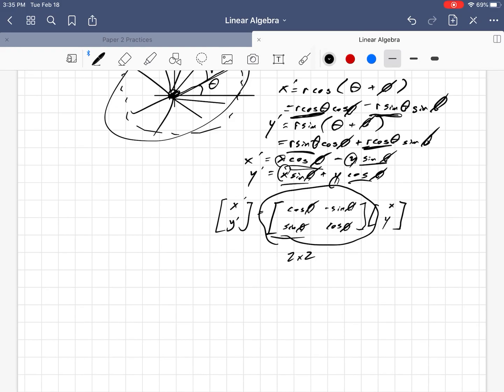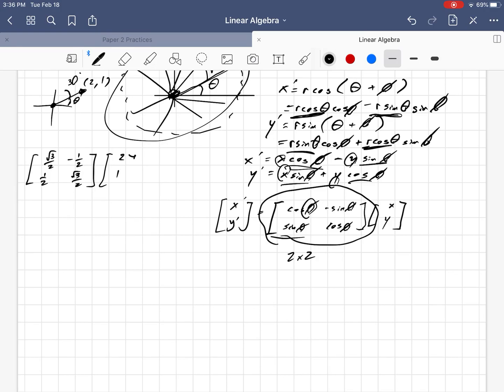So it tells us if we have a point xy, which we can really treat as a position vector or a vector with its tail at the origin, then we take the coordinates of the head of the vector, which maybe they're 2, 1, and maybe we want to rotate this, maybe it's at an initial angle theta, and we want to rotate it by 30 degrees, say, then we would plug in 30 degrees wherever we see phi, and we would get root 3 over 2, negative a half, and root 3 over 2